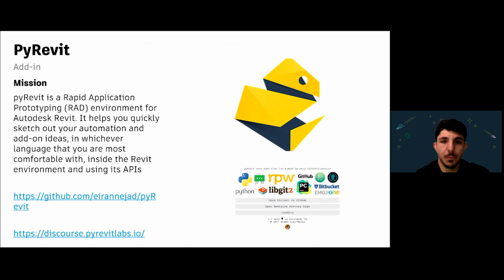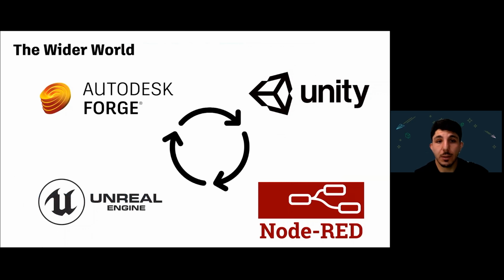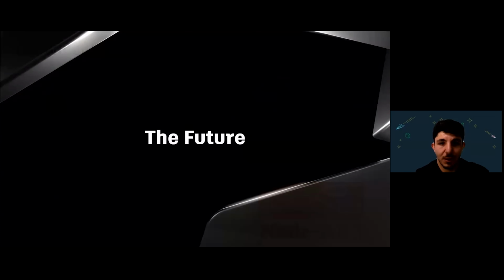Next evolution, so to speak. And the wider world out there, there's lots of low-code and no-code options and web integrations. Unity and Unreal have something similar to Node-RED for the web. And Autodesk Forge, while it is a web stack, can potentially integrate with all of this. So this is the broader scope of what's possible once you start really learning your stack here. I'll leave that here for now. This might be the next iteration of Hidden Superpowers. Who knows? Things are moving so fast. Okay, well, let's talk about the future.